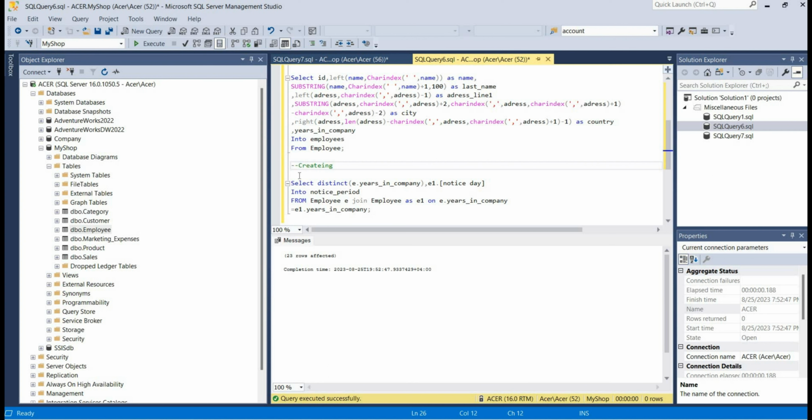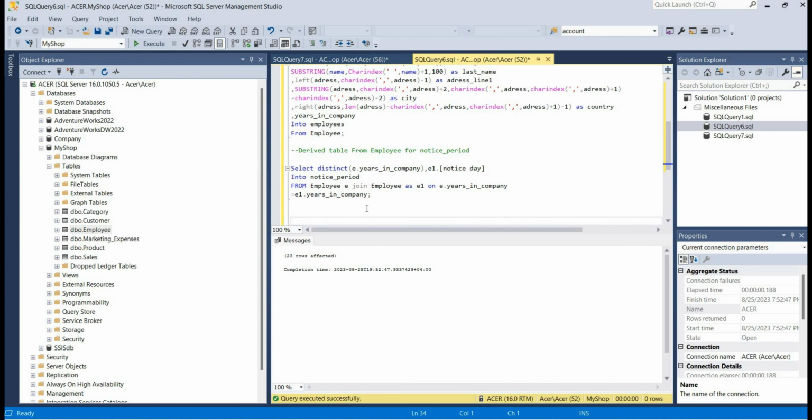Creating, or we can write derived table from employee for notice period. Okay, so in this,